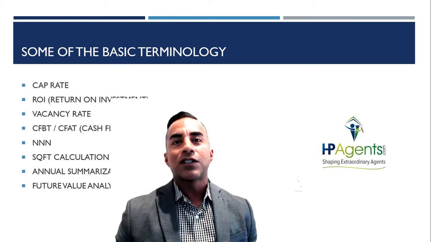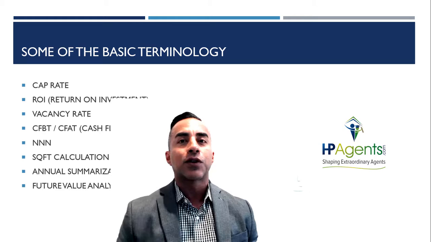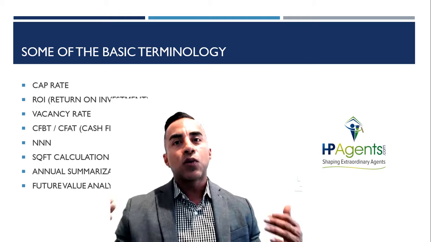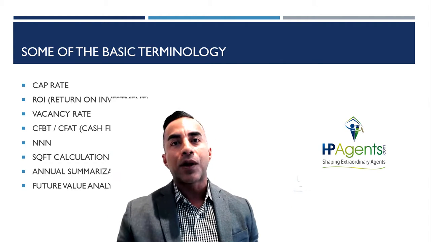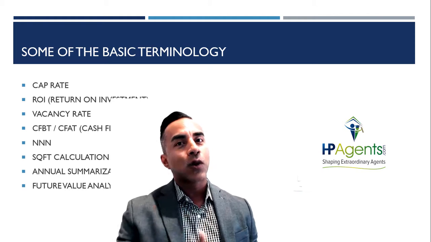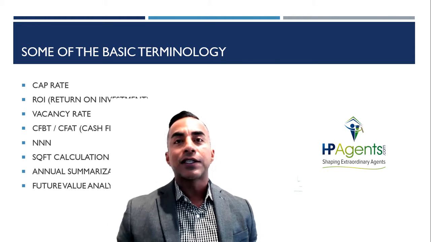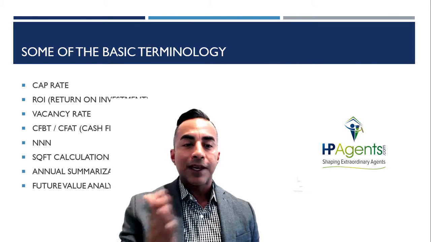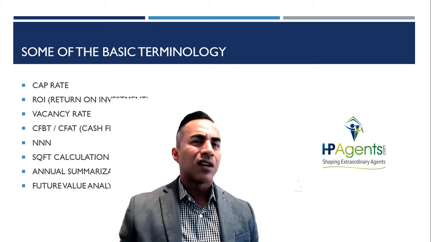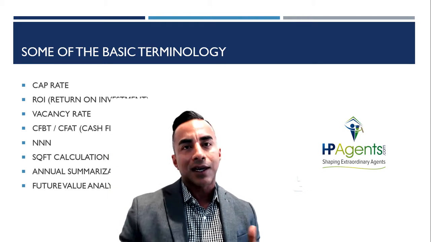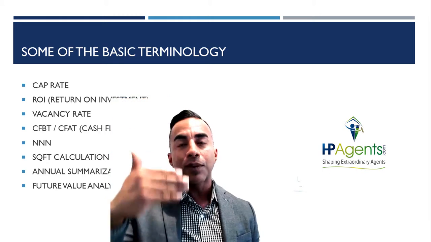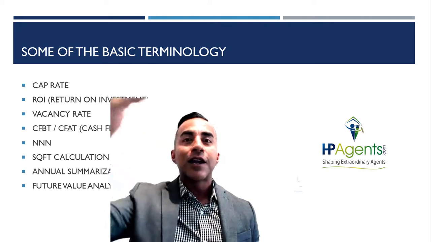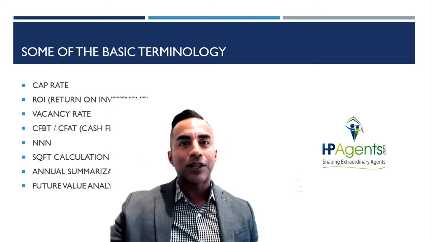And the annual summarizations is when you're evaluating commercial real estate for your client. They're going to want to see it on an annual basis. They're mostly concerned with the annual basis because that's where we see our big amount of profits or losses, if you do this correctly or incorrectly. Future value analysis basically takes your annual summarizations and calculates it in with the increased value that it will get per year. Usually in the Houston area, 3 to 4% is kind of gradual. You have to accumulate it. So $1 million becomes $1,030,000, and that accumulates to $1,060,000 plus the amount that it generated.